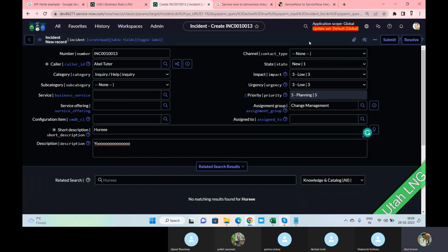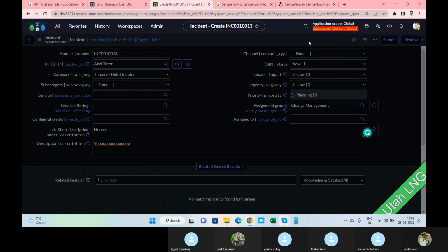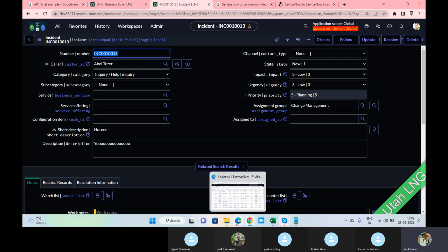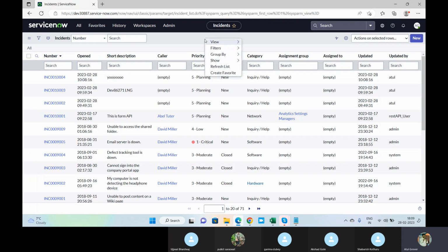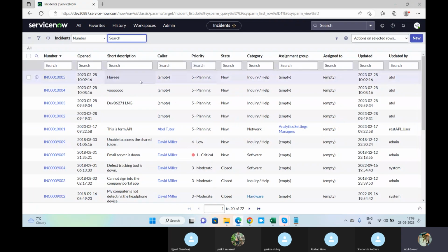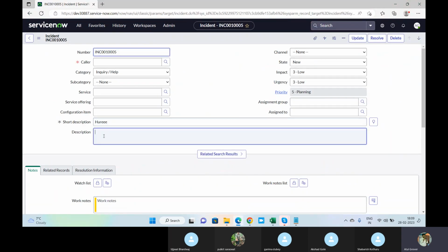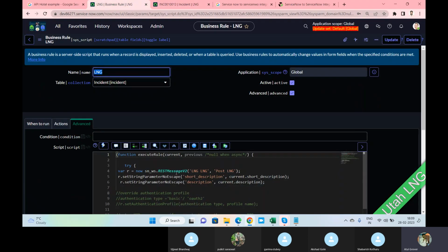And click on the save here. Now let's go here and refresh. Hurray, it is there, and let me see. Do we have the short description? Description is not there, which means there is some problem in the description only. Either we're taking the wrong name or in our API that's not working. Something is wrong, that only.